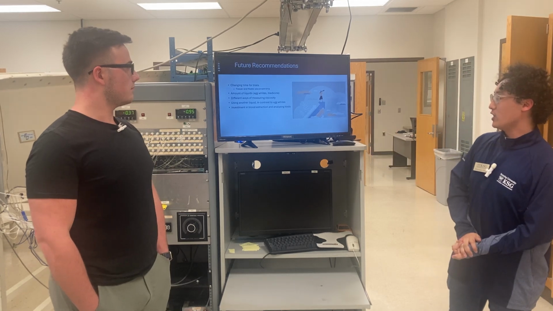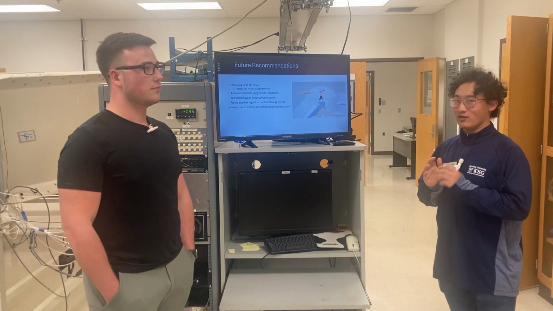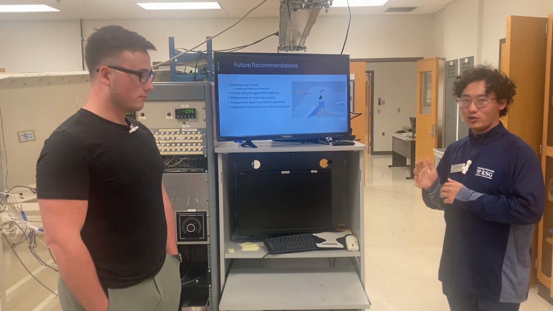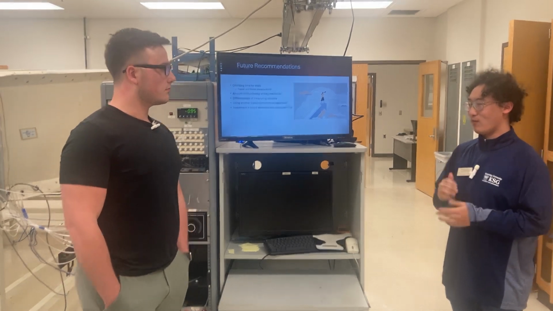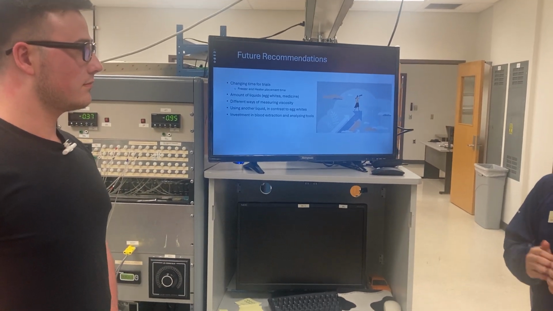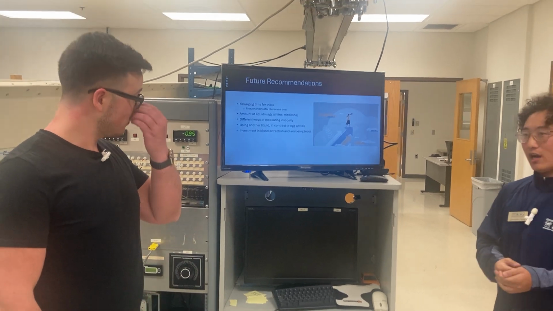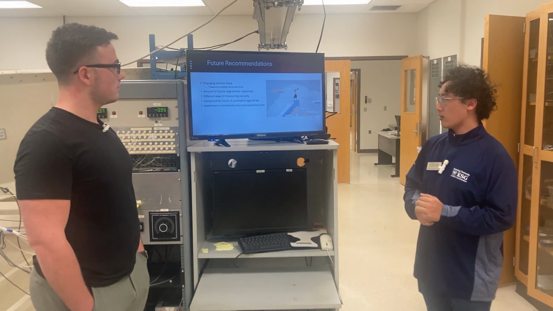For our future recommendations, we wanted to change some times for trials, as I think some of our freezer and heater placement times were either too short or too long, like an hour or 30 minutes. We feel we could have made it 45 in the middle, and we want to maybe use different amounts of liquids instead of just using egg whites and blood. But I know we had limited time, so that could also be a factor.